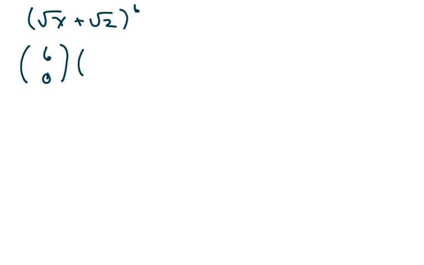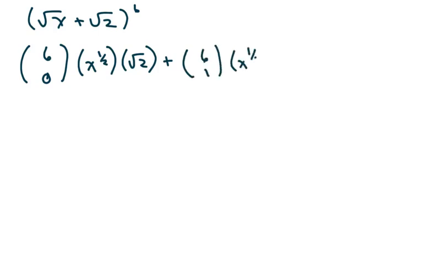These are a little more difficult, so again we have square root of x plus the square root of 2 to the 6th, and we're going to get started and write it like this. We're going to write 6, 0. We're going to have 7 terms, and I'm going to write x to the 1/2 and square root of 2, and I'm going to fill in my powers here in just a minute. And then we have 6, 1, x to the 1/2 square root of 2 plus 6, 2,